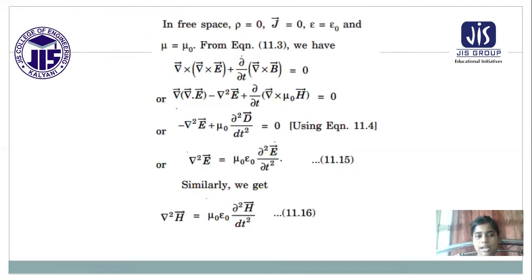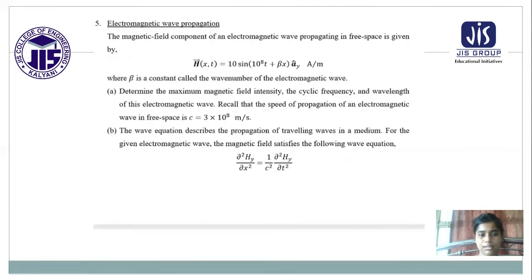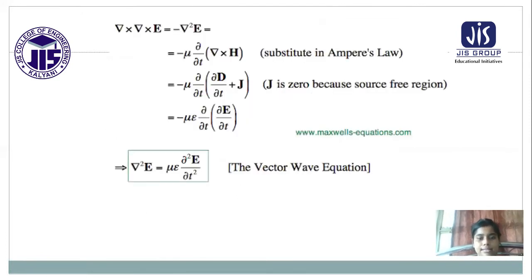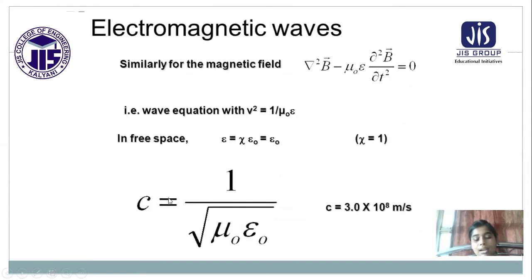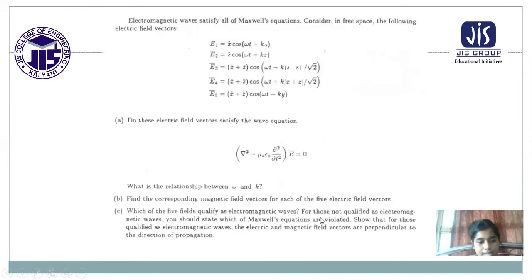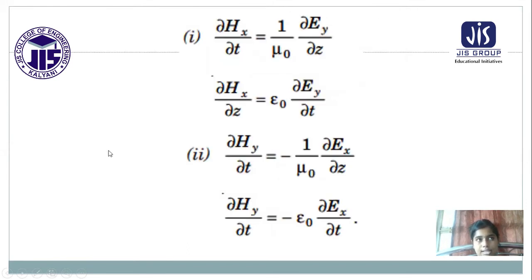So finally, in conclusion, what we can say is that in today's lecture, first we have to practice the total derivation of the wave equation for electric and magnetic fields, and then there are some problems given, and also we have to prove how we can get the value of the velocity of light, that is c equal to 3 into 10 to the power 8, that is given here, and these are another numerical and problem also, and that is your assignment.